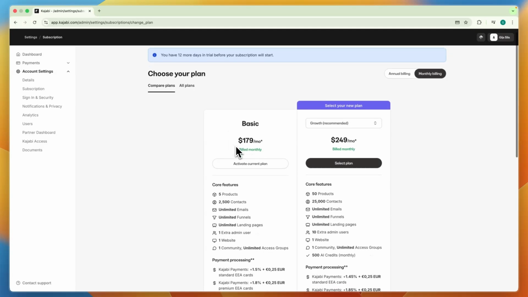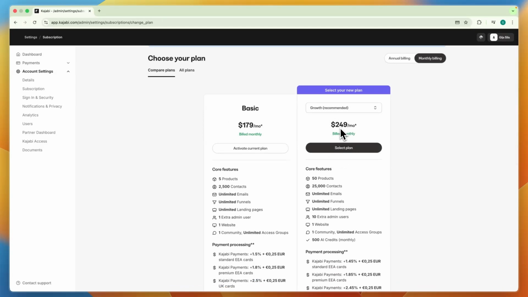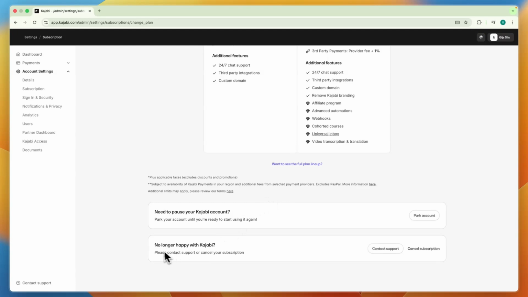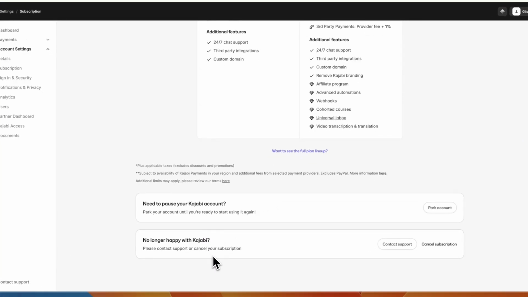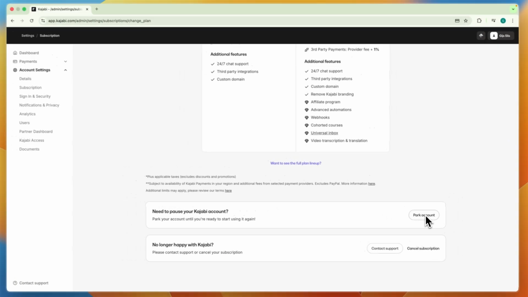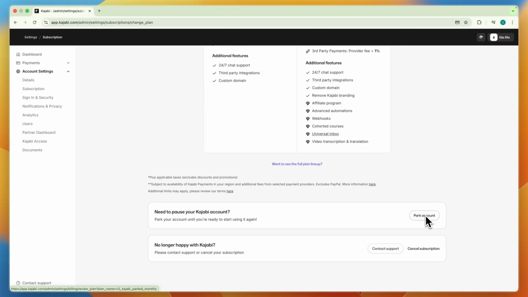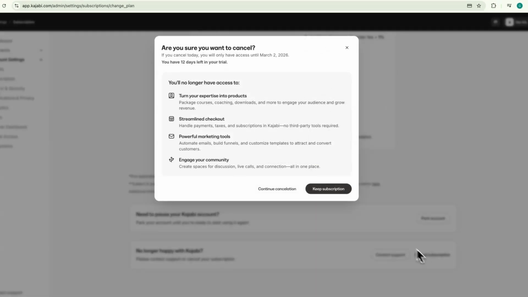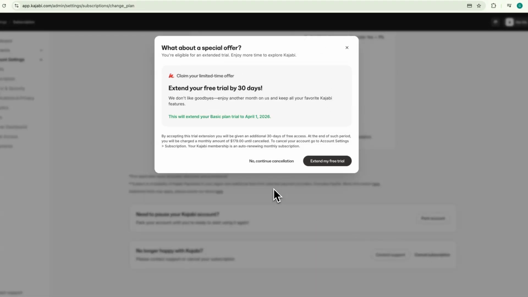So this is the current plan, then you can upgrade to another plan, but if you scroll down, you will find no longer happy with Kajabi. Now, by the way, you can also park your account, which means they basically pause it, which can be a good option if you may want to continue using it in the future and you don't want to start over again. But if you just want to cancel it, click Cancel Subscription right here, and then click Continue Cancellation, then